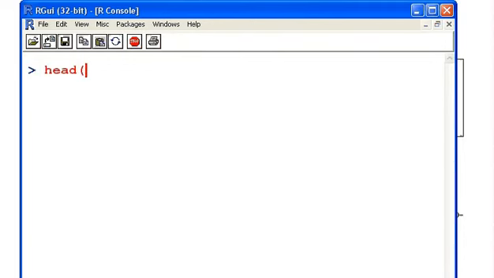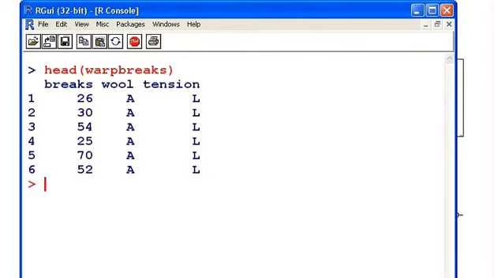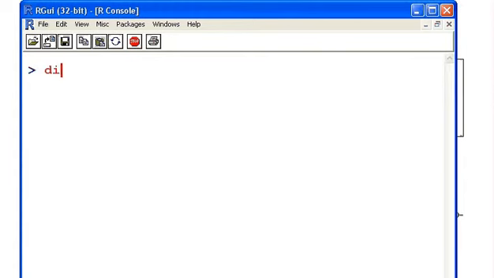Head of warp breaks. That's all it is there. Just a very simple data set. A numeric value for breaks and then some categorical variables for wool and tension. And let's get a quick look at the dimensions of it. Dimensions of warp breaks: 54 observations, 3 variables, an outcome variable and 2 predictor variables, or covariates as